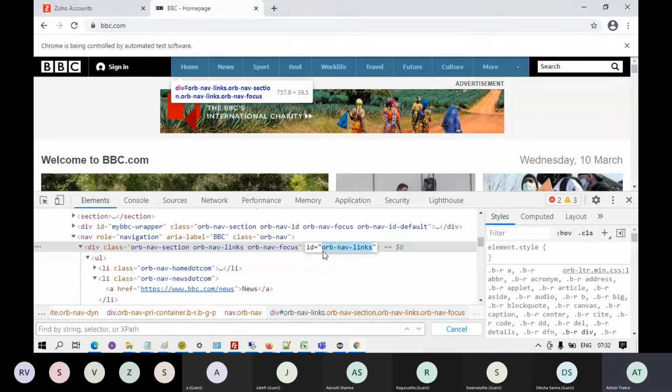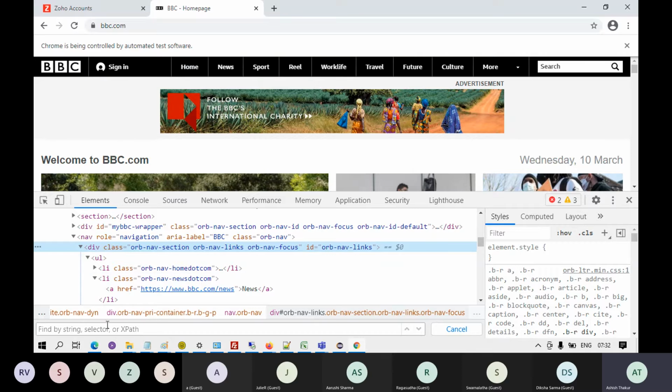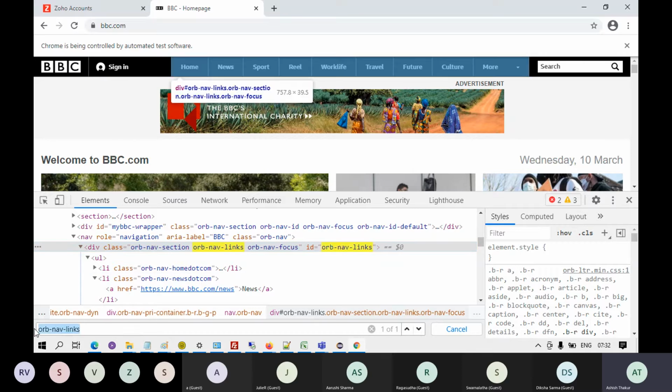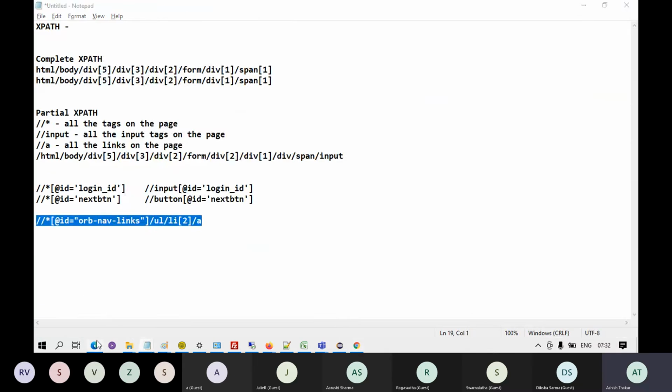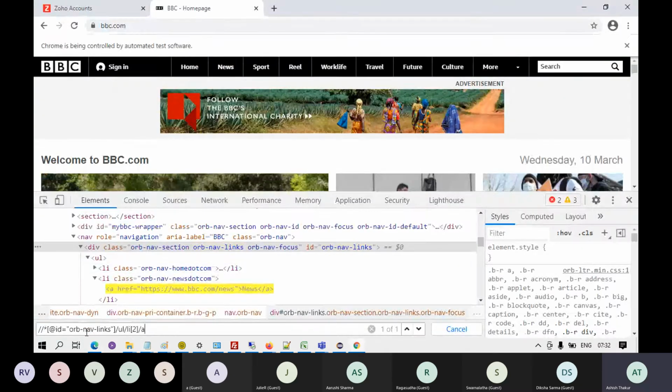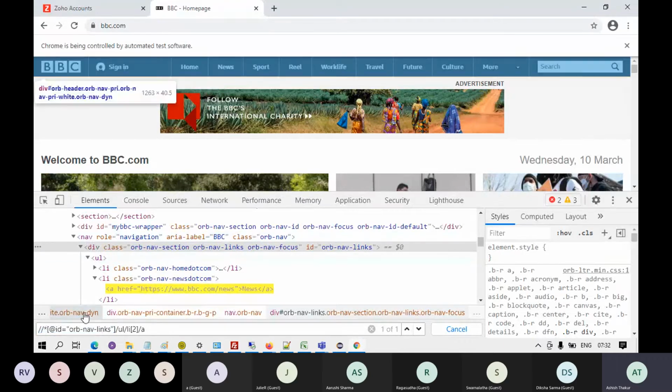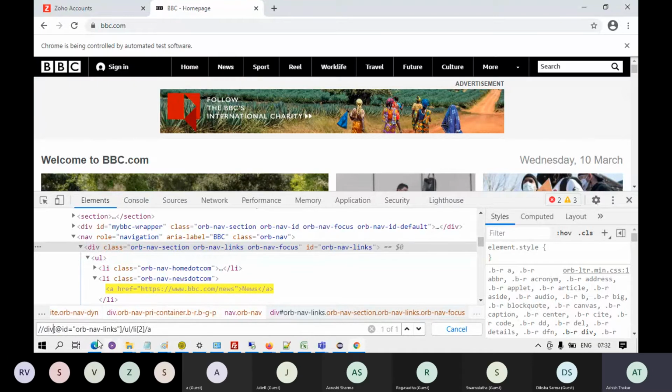So this div tag has an ID. So everything will start from this particular div tag, right? The XPath will start from this div tag. If I copy the XPath, it starts the XPath with this particular div tag. Instead of star, you can also write div, that there is a div tag whose ID is this.